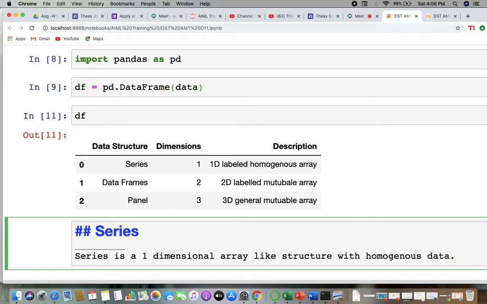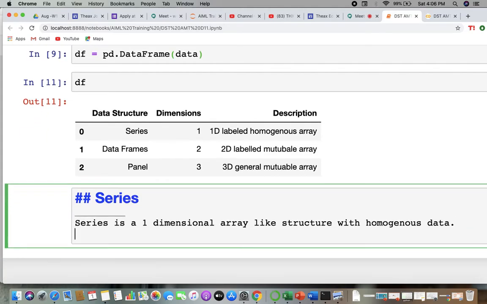All right. So homogeneous data means like for a 1D array, you know, a NumPy 1D array, that you could call a series. Okay, like let's say for example,